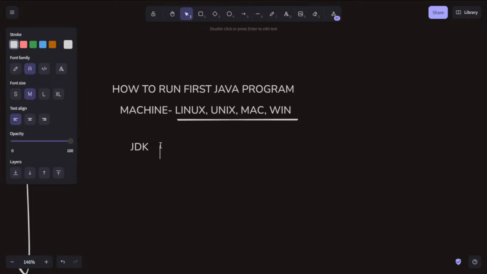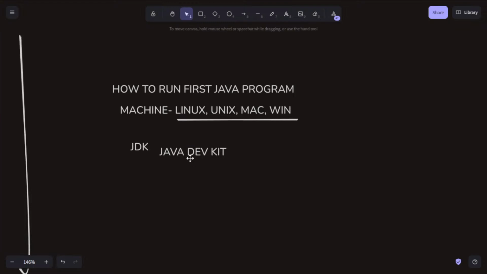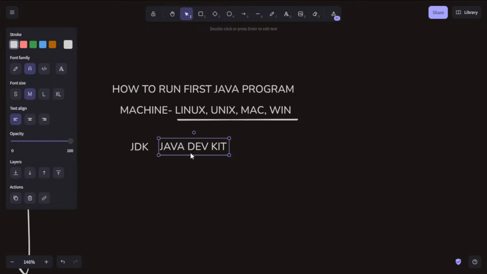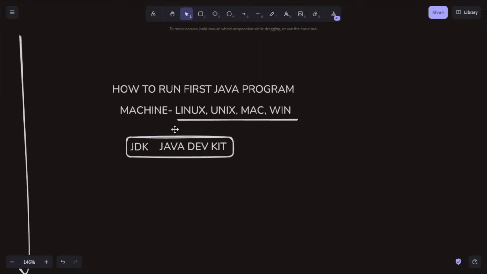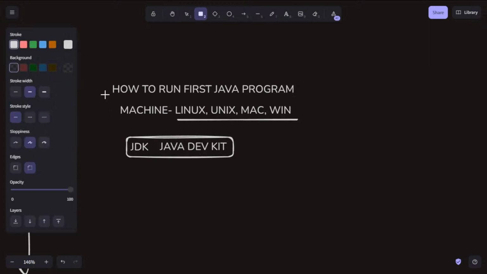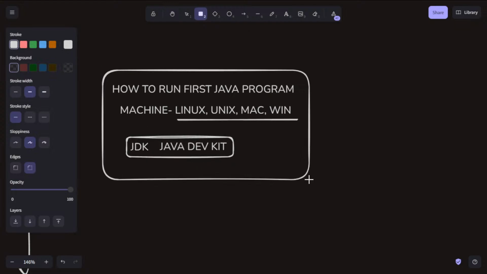JDK is the Java Development Kit, or you can call it the Java Dev Kit. This kit helps you with compiling, interpreting, and all the things a Java program needs, from the JDK folder. This is how you are going to run your first Java program.